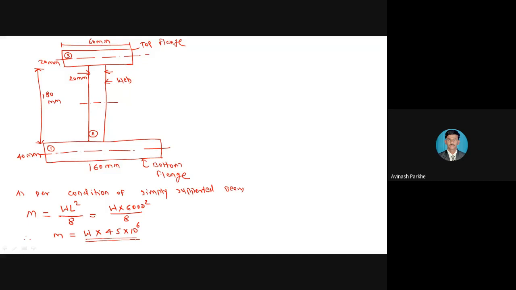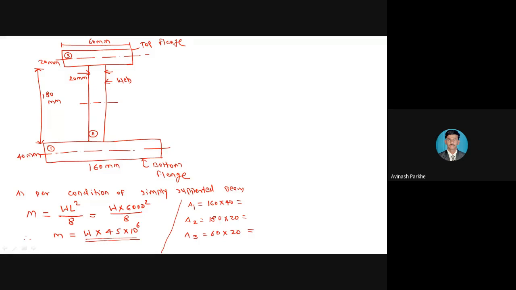Now this is the unsymmetrical I section. If you go through this particular figure, this is the unsymmetrical I section. Therefore, for this particular unsymmetrical I section, I have to calculate the Y bar by using the formula A1Y1 plus A2Y2 plus A3Y3 divided by A1 plus A2 plus A3. So now, before that, first of all, we have to calculate their A1, A2, A3 and Y1, Y2, Y3. Therefore, A1 for the section number 1, 160 into 40. Do this calculation immediately. A2 is equal to 180 into 20 and A3 is equal to 60 into 20. So do these calculations immediately and tell me the answers.